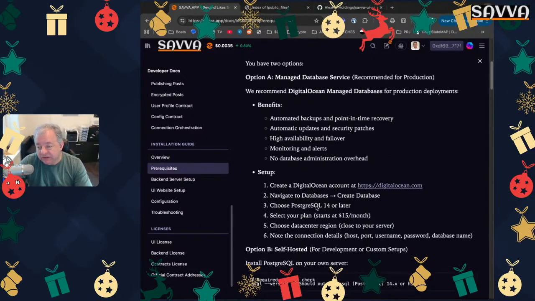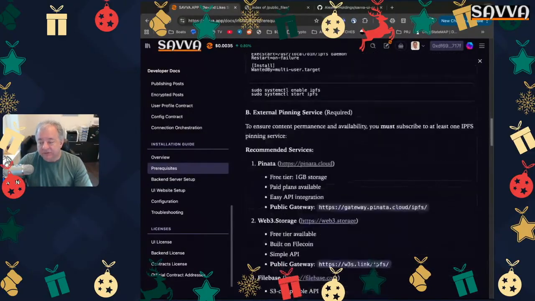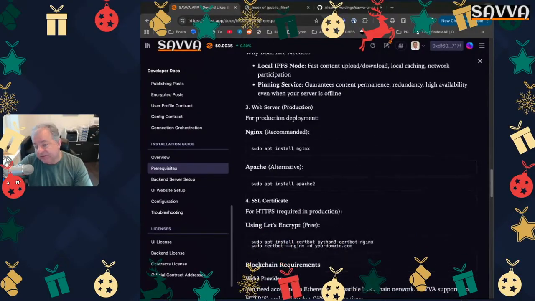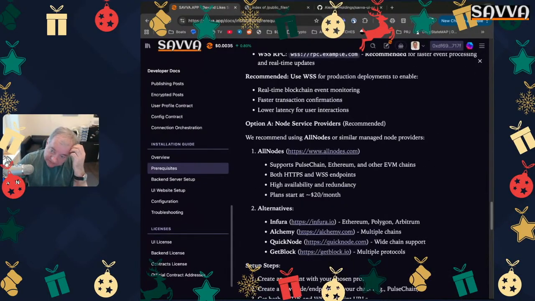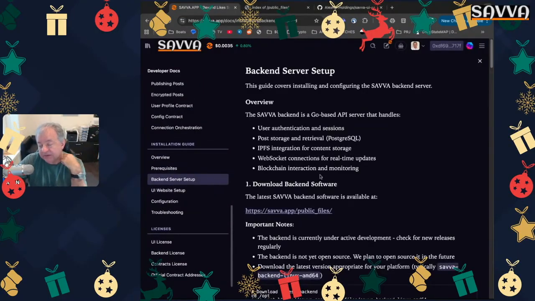Next, here's a careful breakdown of the computer requirements. And it also carefully details which specific software products must be installed to successfully compile and then run this entire client application. The following page provides a comprehensive explanation of how to effectively launch this SAVVA node, along with precise instructions on where to acquire it. Here is the URL where, for the first time ever in the project's entire history, we have publicly released the backend program, and what's even more significant is that